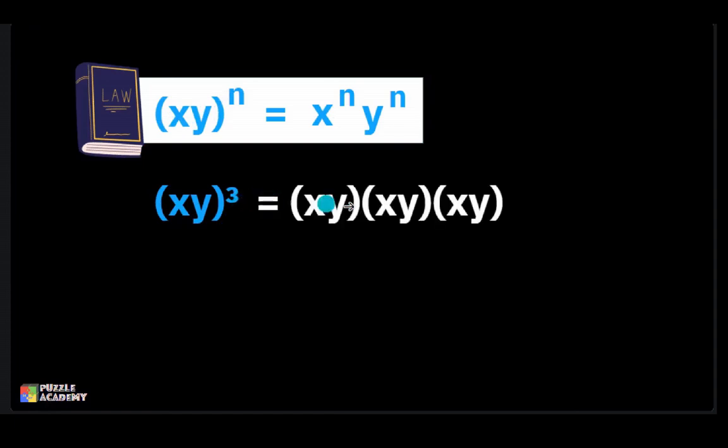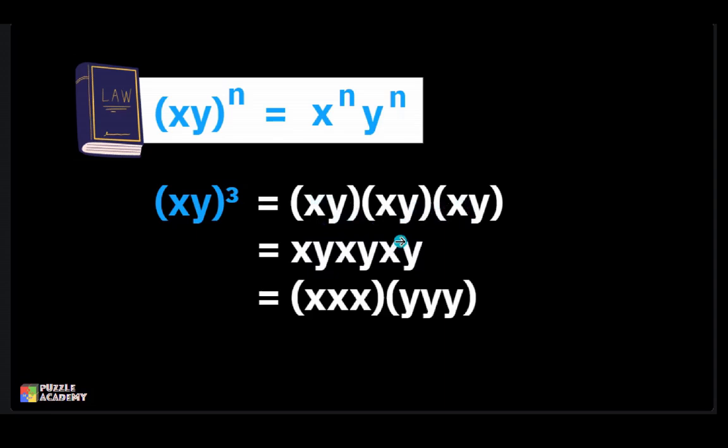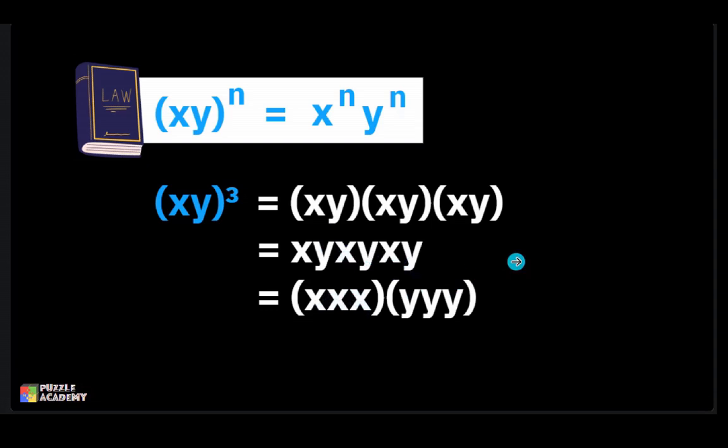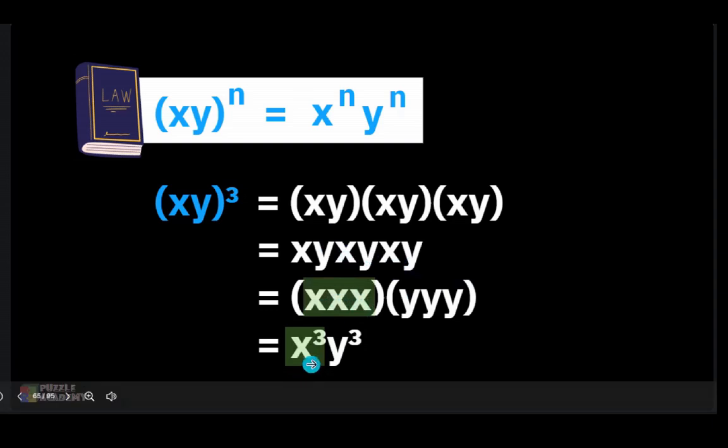So, ang gagawin mo lang dyan, syempre, i-group mo lang yung xy ng tatlong beses. Okay? So, ngayon, pag sinulat na natin ng tatlong beses yan, tanggalin na natin ng parenthesis. After nyan, bilangin mo or pagsama-samahin natin lahat ng x. 1, 2, 3. Pagsamahin natin sa loob ng group. 1, 2, 3 na y. Pagsamahin natin sa loob ng group. After natin mag-group, bilangin natin yung x. Dito, tatlo, di ba? So, we have x cubed. Next is y. Y cubed. So, therefore, the answer would be x cubed